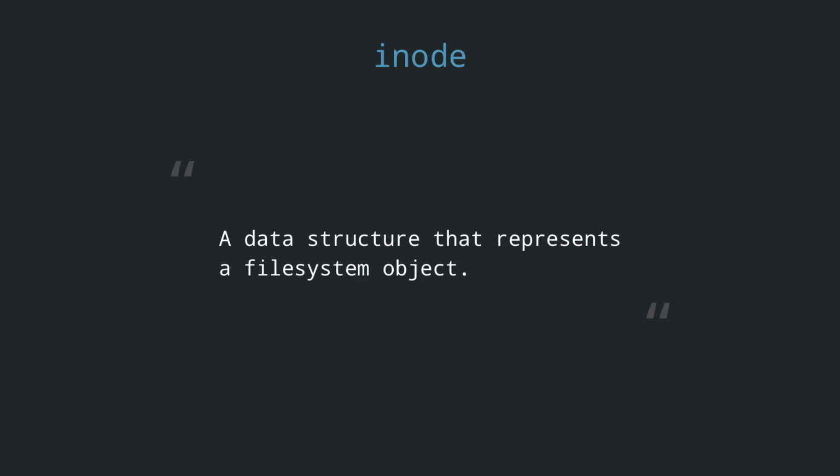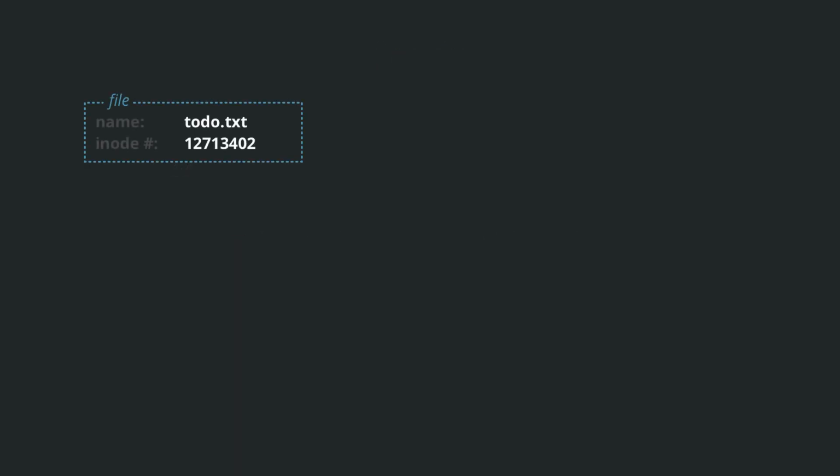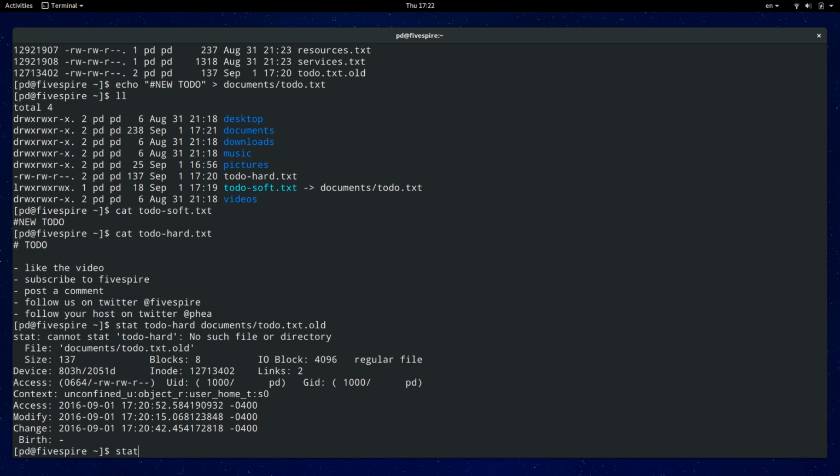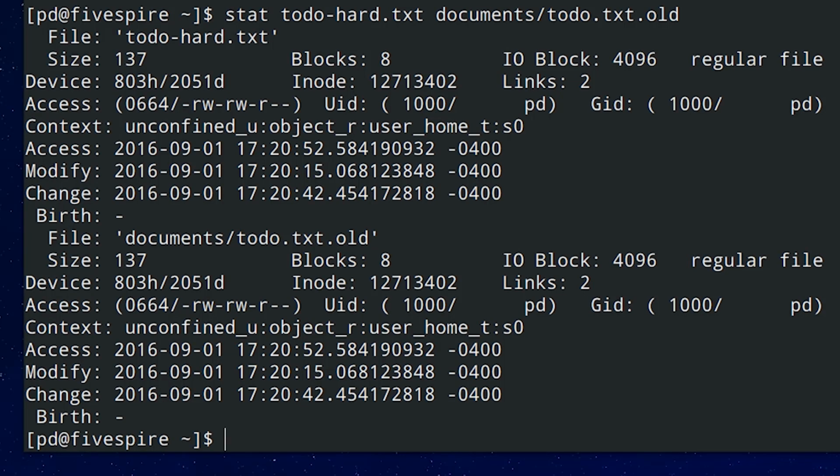To figure out what is happening, we have to learn all about inodes. A file object in Linux only contains 2 properties, its file name and an inode number. It is this inode object that contains everything else that is needed to access the actual bytes off the hard drive. This includes a hard drive sector address, but also other metadata including dates, file ownership, and file size. We can view a file's inode information by using the command stat. We run stat with the hard link and the old to-do, and you can see that it's actually the same inode number,